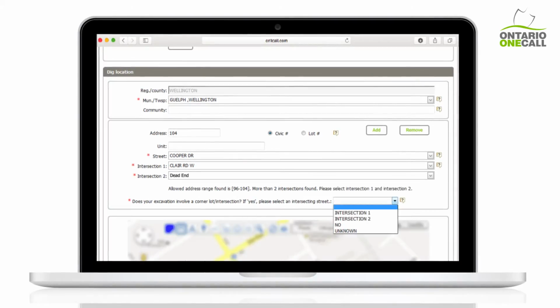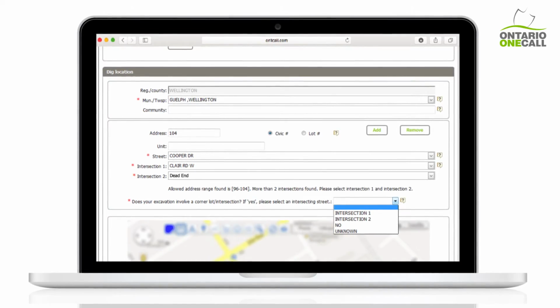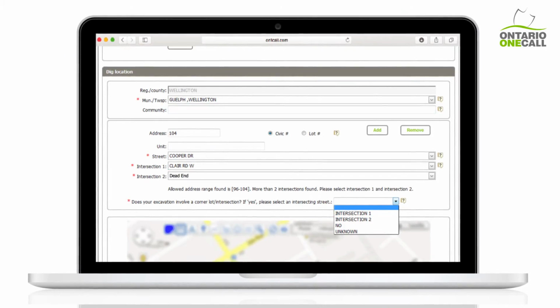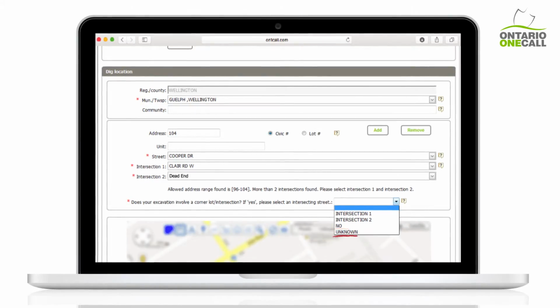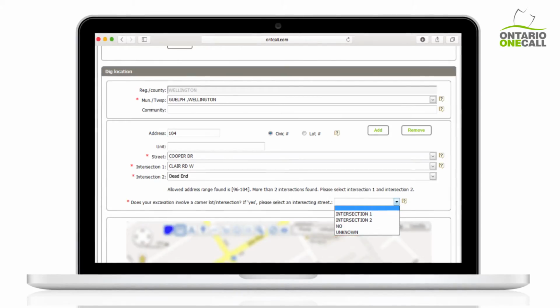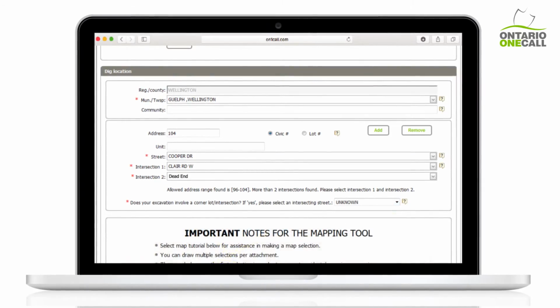If your dig involves a corner lot or intersection, please select the corresponding intersection above from the drop-down menu. If your dig does not involve a corner lot or intersection, select No from the drop-down menu. If you are unsure, select Unknown from the drop-down menu. Accurately answering this question can reduce the number of members you need to wait for before you can begin your